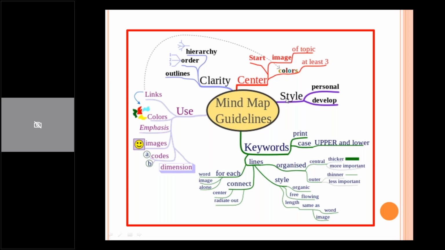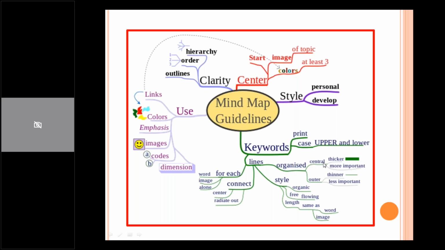And whenever you want to develop a style, you should try to develop a style of your own. You take concepts from somewhere, you see others' ideas, but try to develop a unique style of your own in presenting mind maps. And as far as use of keywords, you have to see that print quality is maintained. Either you can go for uppercase or lowercase, absolutely no problem. And see that your lines, the branching, sub-branching lines, what you are using, those lines are properly organized.